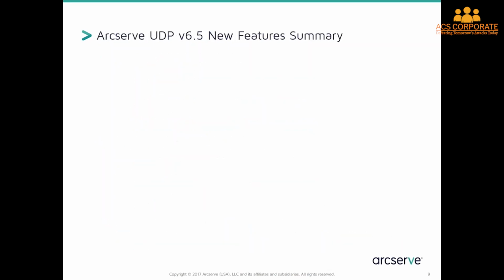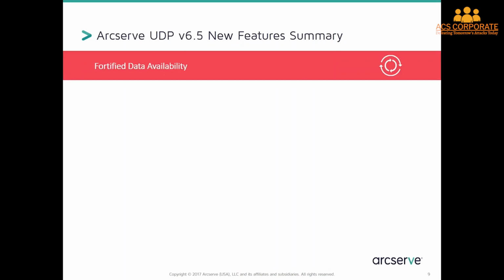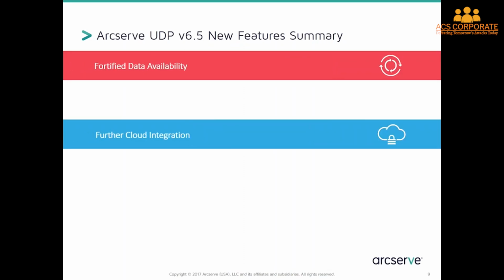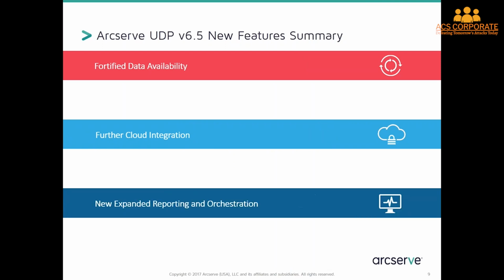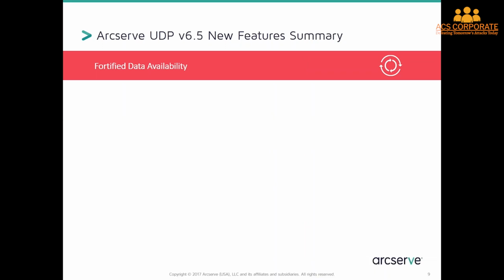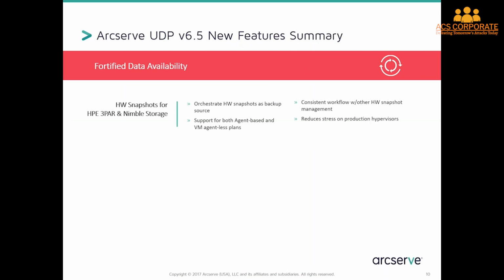So let's take a quick look and see a list of all the key new features that have been introduced in UDP 6.5. These can be classified in three broad areas: fortified data availability, further cloud integration, and expanded reporting and orchestration. What does this mean? For fortified data availability, what this means is we've added additional support for hardware snapshots for